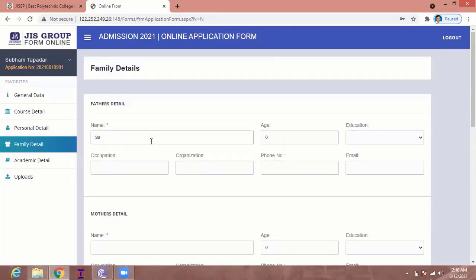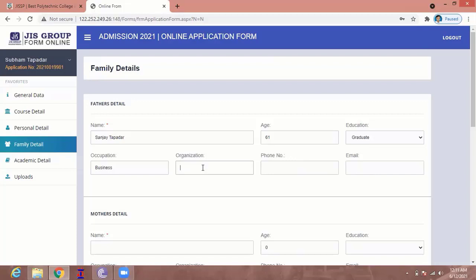Here at first you have to put your father's details. Your father's age, your father's education, your father's occupation, your father's organization, that is, with which organization your father is currently working.